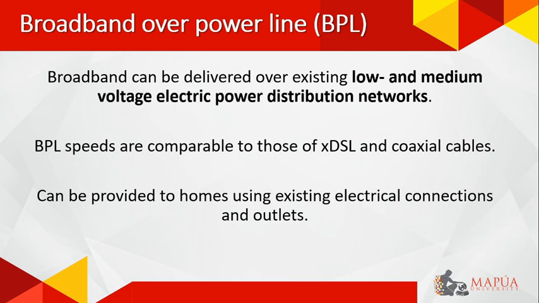BPL speeds are comparable to those of xDSL and coaxial cables, and it can be provided to homes using existing electrical connections and outlets. BPL is an emerging technology that is available in very limited areas. It has significant potential because power lines are installed virtually everywhere, alleviating the need to build new broadband facilities for every